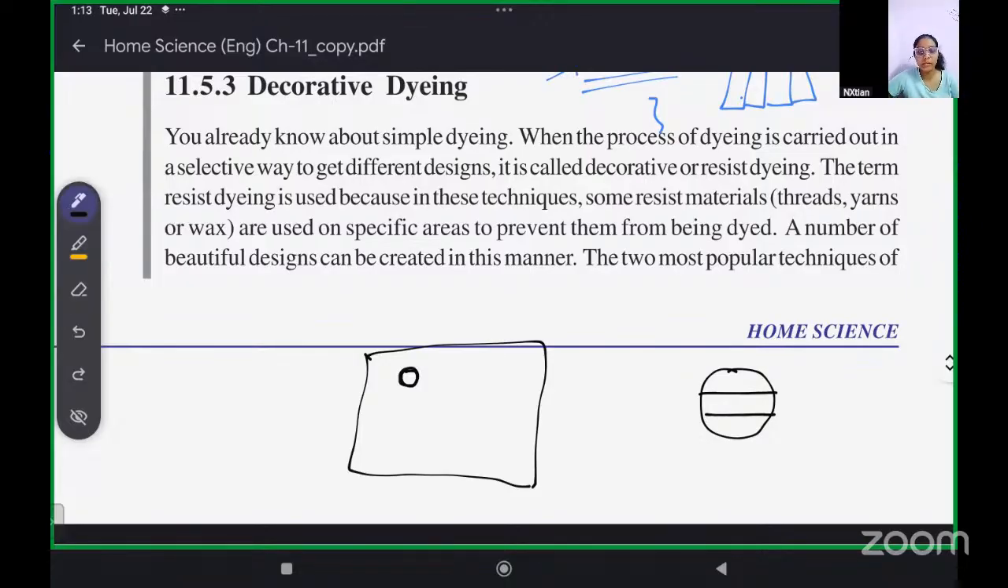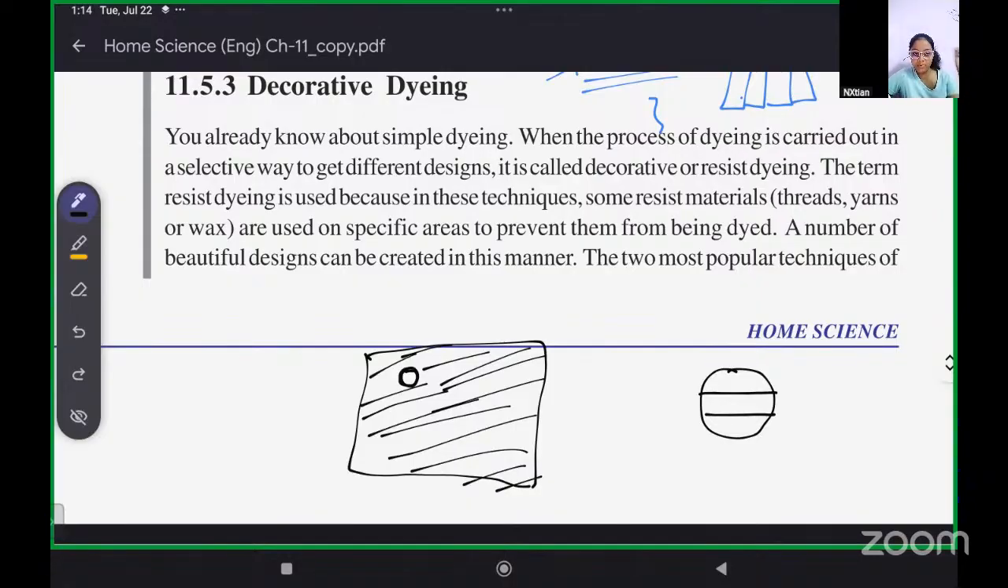Then I will spray paint the whole thing black and blue, because I'm making a sky. Then when I remove the tape, that area will be left white, and I will have the moon. Similarly, in the same way,